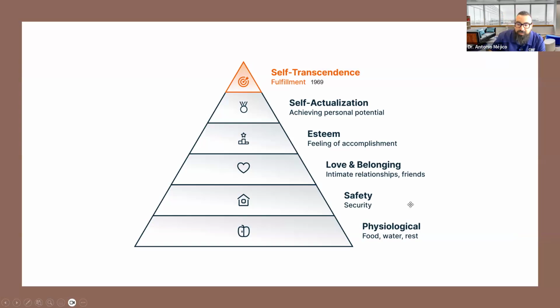What Maslow believed was after the physiological, the safety, the belonging, the esteem, the self-actualization were met, human beings then kind of stopped for a second and said, now what else is there, right? Like my needs are met, I'm not starving, I've got a solid house, I live in a good neighborhood, I've got friends, I have a husband or a wife, right, that loves me, I've got a family, I love my job, I'm good at it. And then he said human beings started to ask that question, what else is there? What else is beyond that, right?